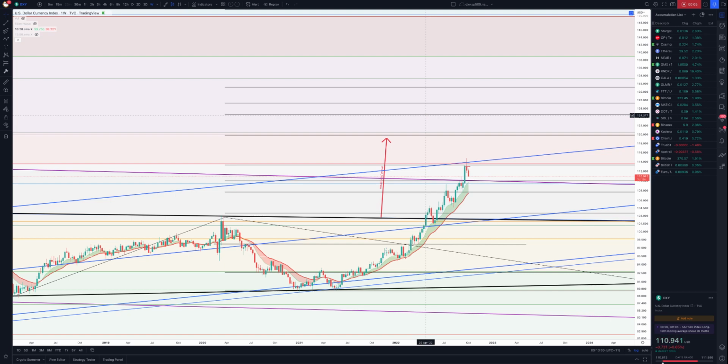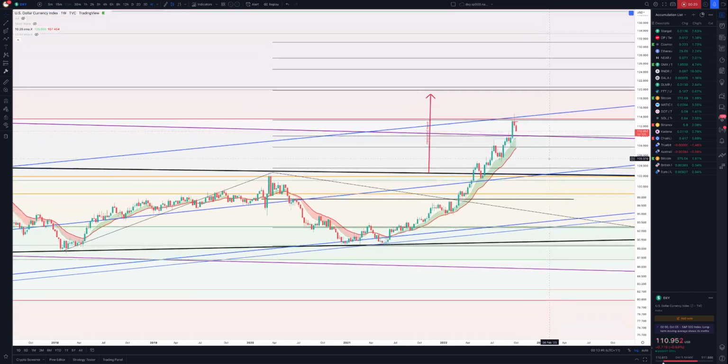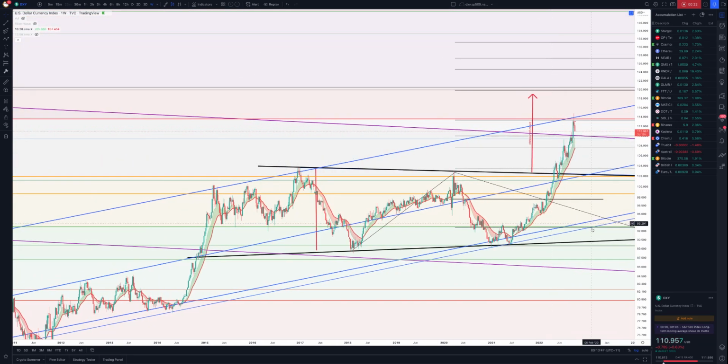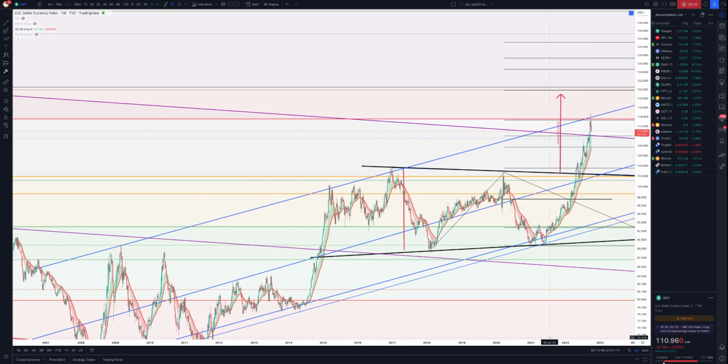This is an important one, looking at the DXY or the US dollar index, as it has or can be an indicator for the likes of the stock market and cryptocurrency. I think I should just do this on its own and give it a bit of concentration and what to